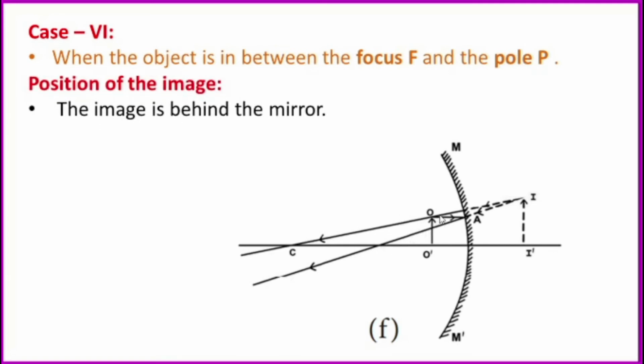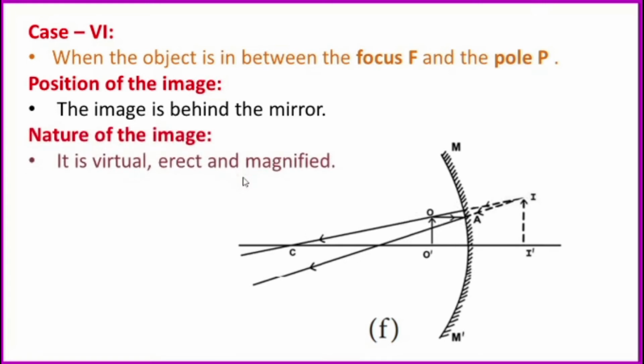Then what about the second ray? This is the incident ray, but it comes from the center of curvature. So a ray passes through the center of curvature. After reflection, it comes back in the same path. Okay. So compare the two reflected rays. They never meet. But the two reflected rays appear to come from one particular point behind the mirror. Mirror kulla or particular point la adu eppadi velila varra maadhiri irukku. So the image is behind the mirror. It is a virtual image.